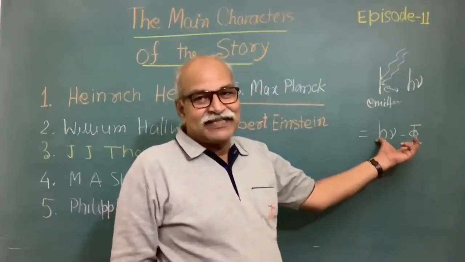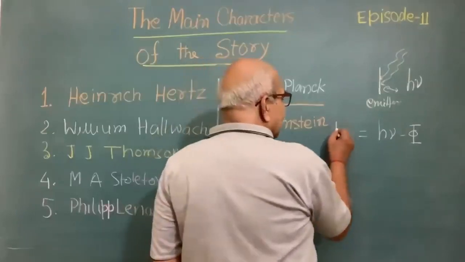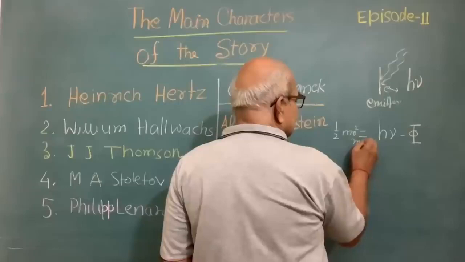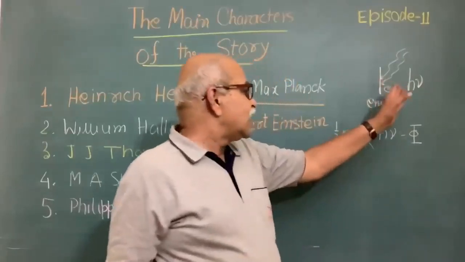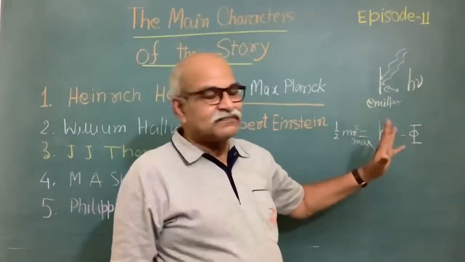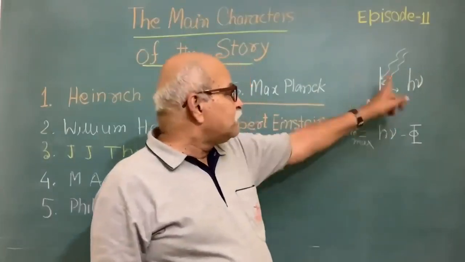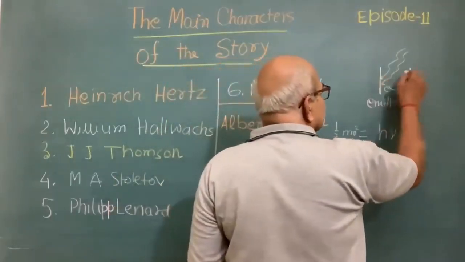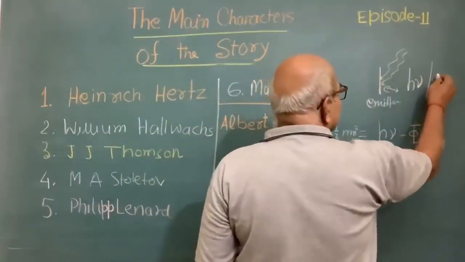This will be the upper limit, and therefore this is your half m v squared maximum. You will have electrons with kinetic energy less than this, but this is the maximum. And to stop this current, if you use this as a cathode, and then you have an anode,